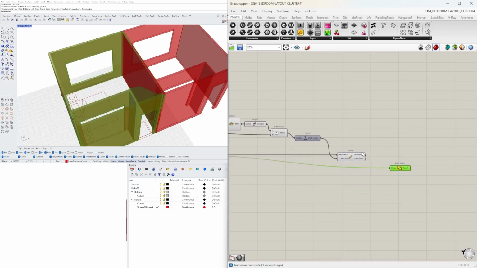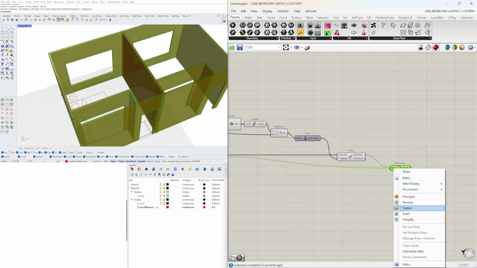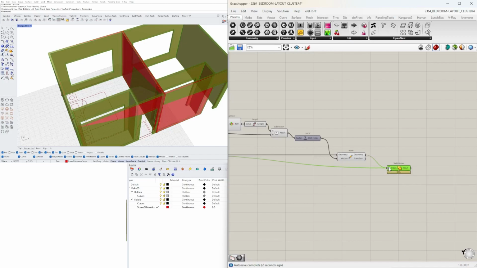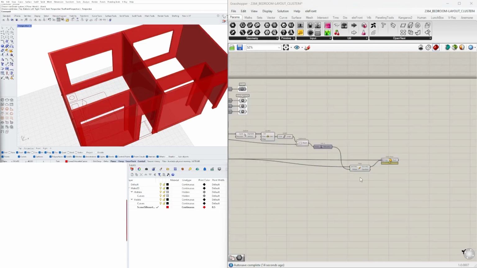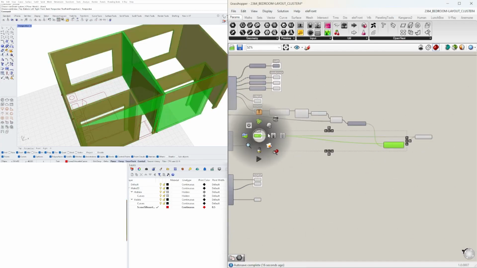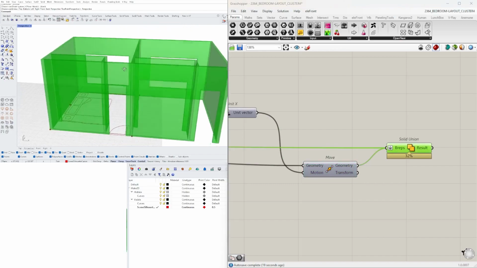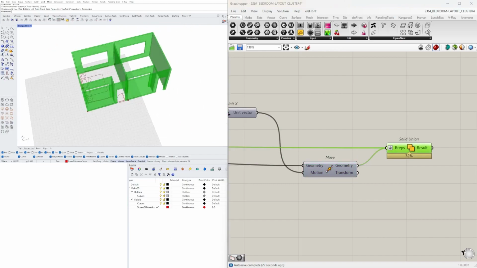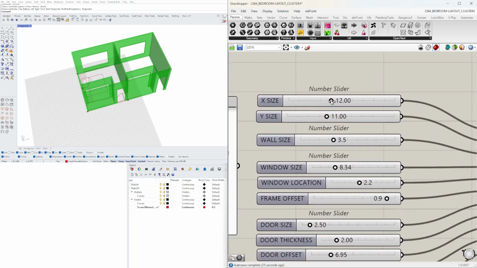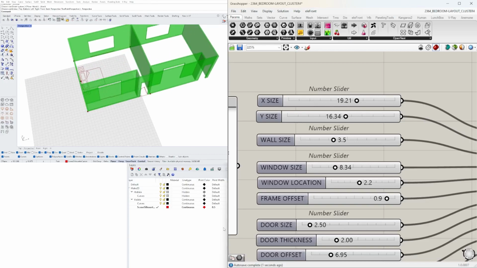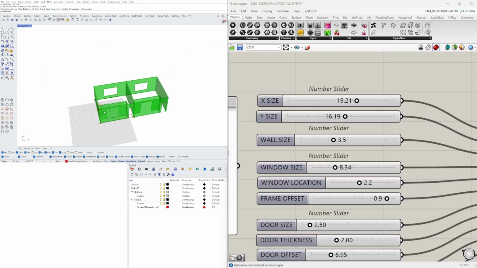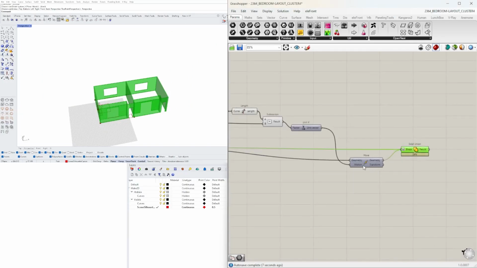Holding down shift, we can add another one, and if you take a look at the output, it says 2 values, and if we flatten it so it comes in as 1, then we get the closed brep. Now we can hide the previous steps, and you'll see that it actually creates a set of 2 bedrooms that are exactly the same. And as long as we have the size of the room, we can increase these and they will happen at the same time. So this would technically be one module, but what happens is if you want to create an array,